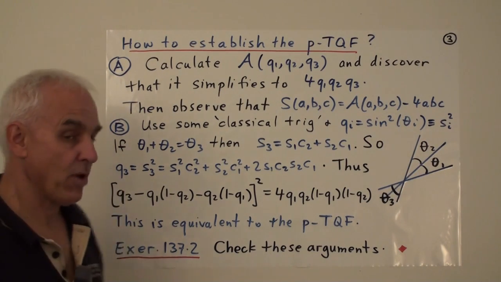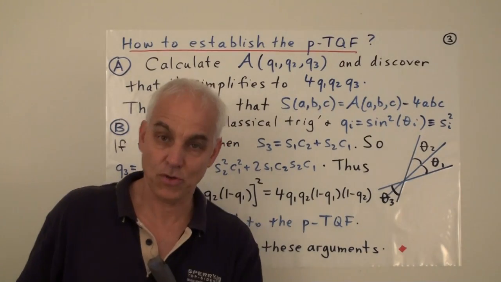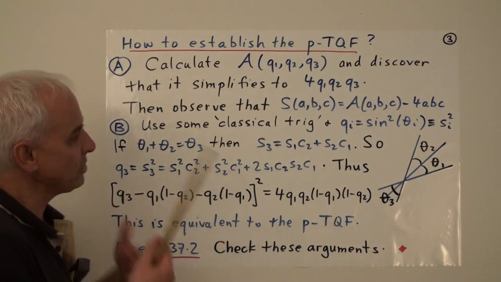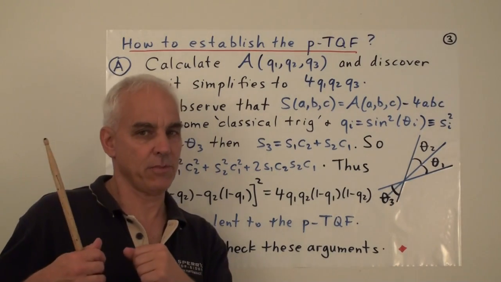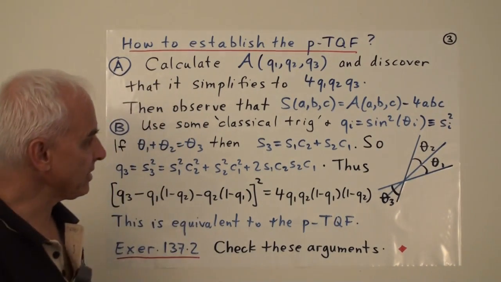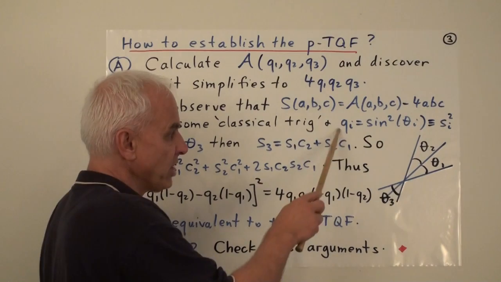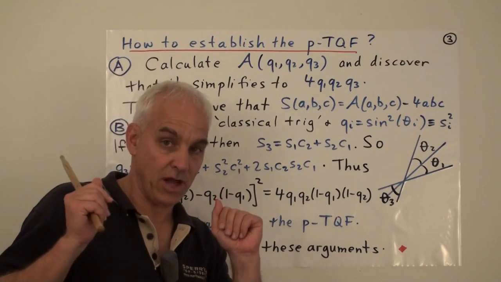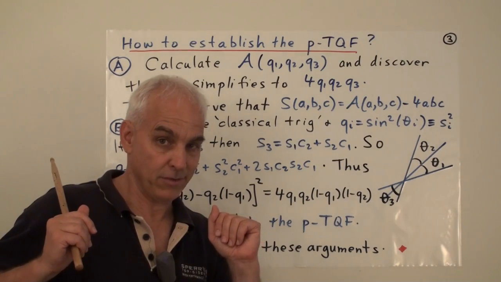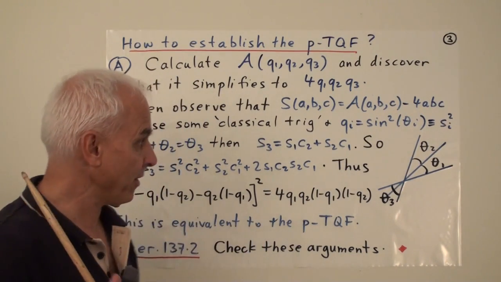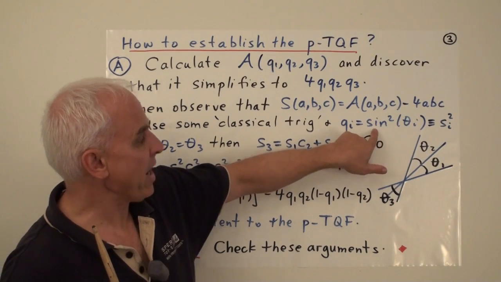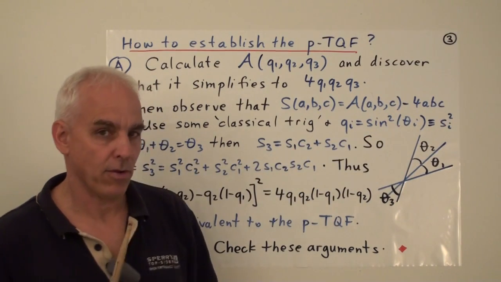Okay, another quite different possible approach you could have used was to use some of your understanding of classical trigonometry. Because I gave you a hint last time, I told you that these projective quadrances that we were talking about could be related to classical trigonometry as long as you believe that story, which you probably shouldn't, but let's play along. Because the projective quadrance Q_i is actually the square of the sine of a corresponding angle.